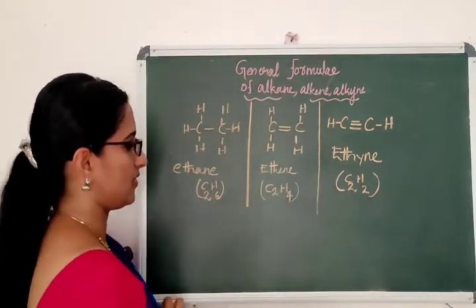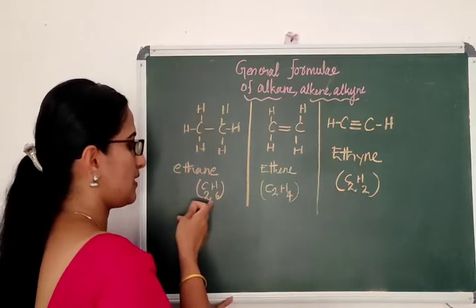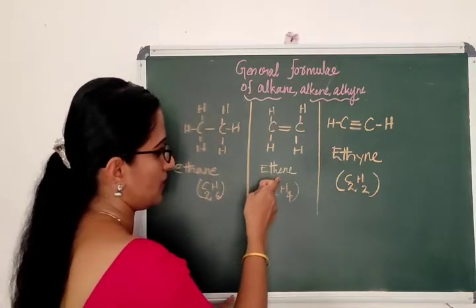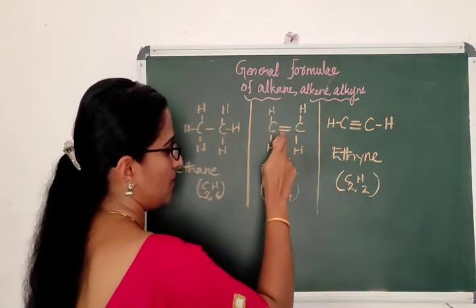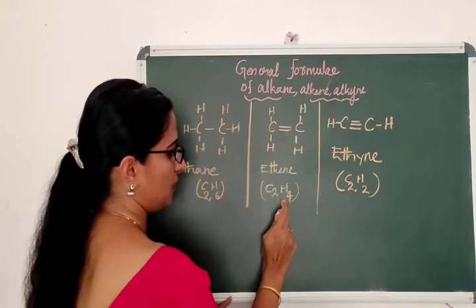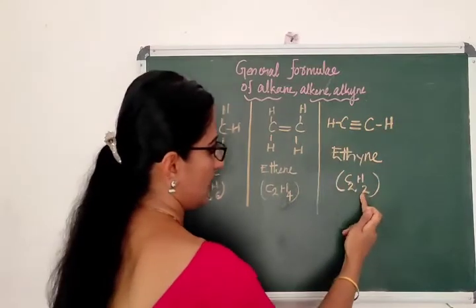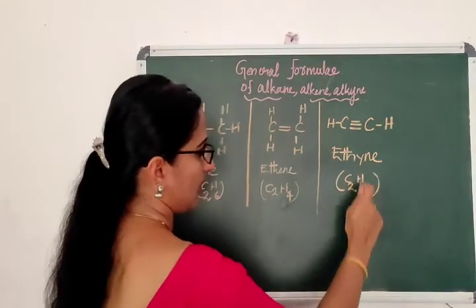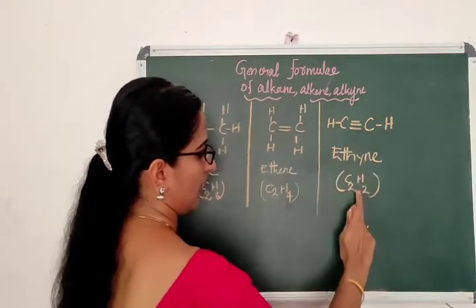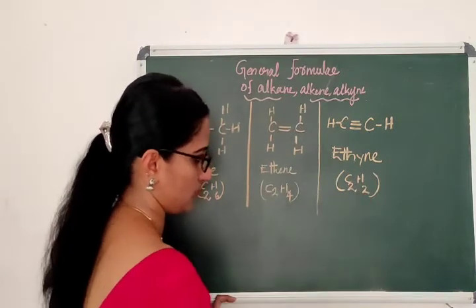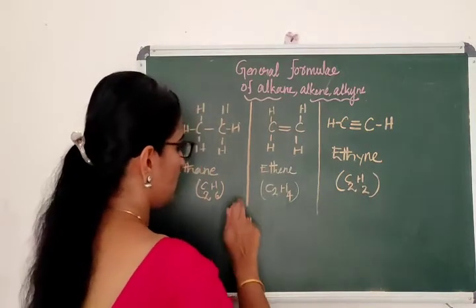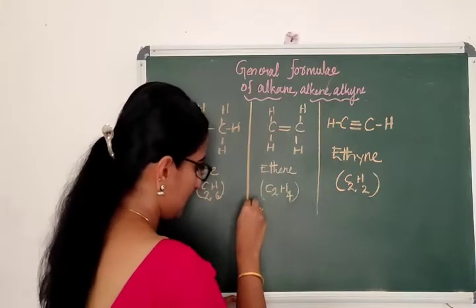Okay students, look at here. This is ethane. When it comes to ethene, what happens? Double bond has come. That time two hydrogen is reduced. Okay. When it comes to the ethyne, again one more bond has come. Again two more hydrogen is reduced. Okay. So when you write the general formula,